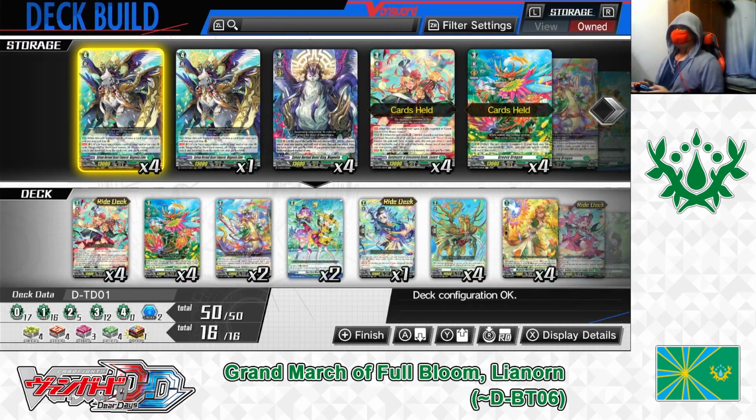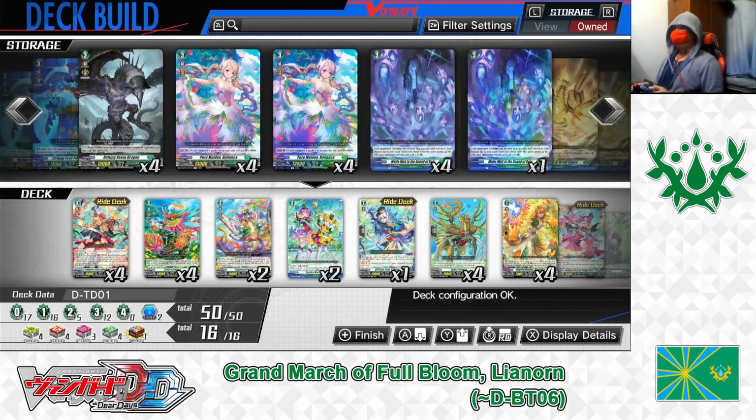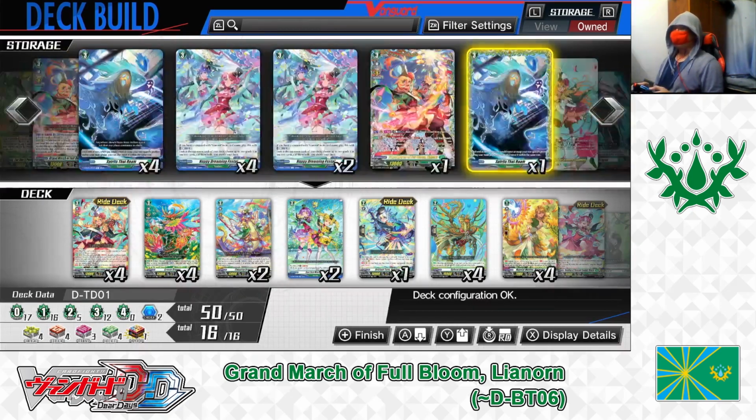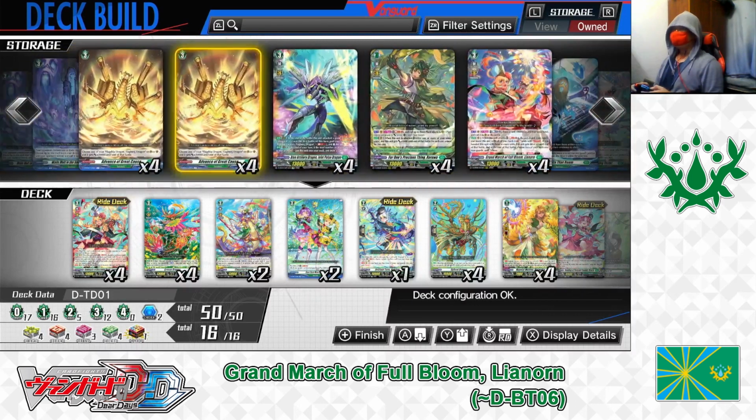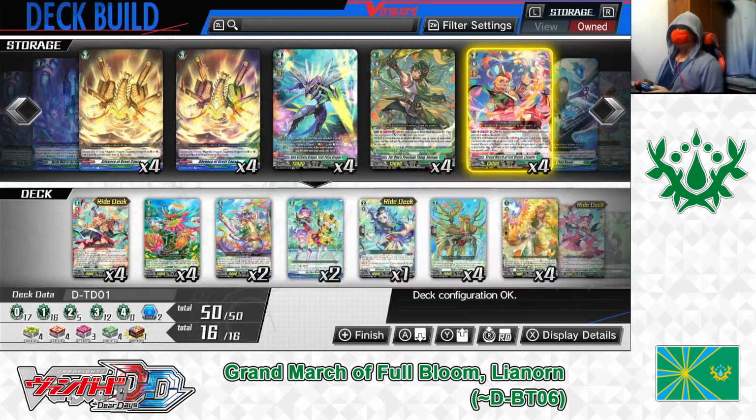Here we are. And now, like I just mentioned before, the deck I'm building in today's deck profile video is a Stoicheia's Grand March of Full Bloom Lianorn deck made of cards only available up until D-BT06. So first up, let's go to the filter settings,